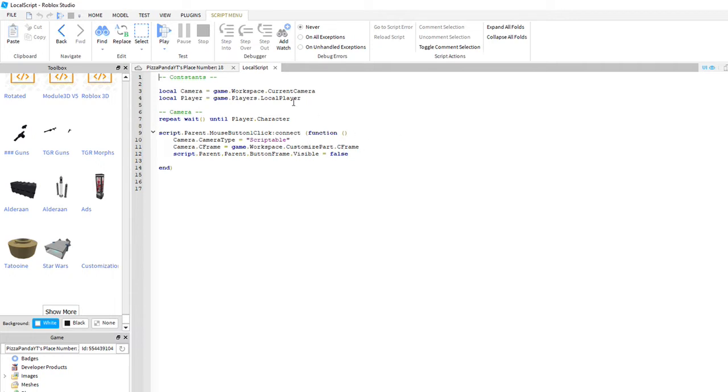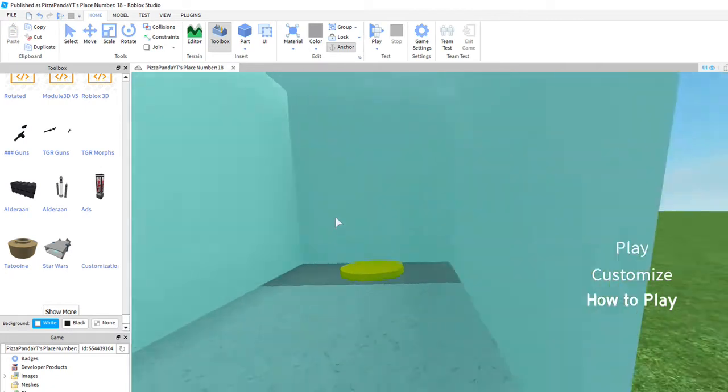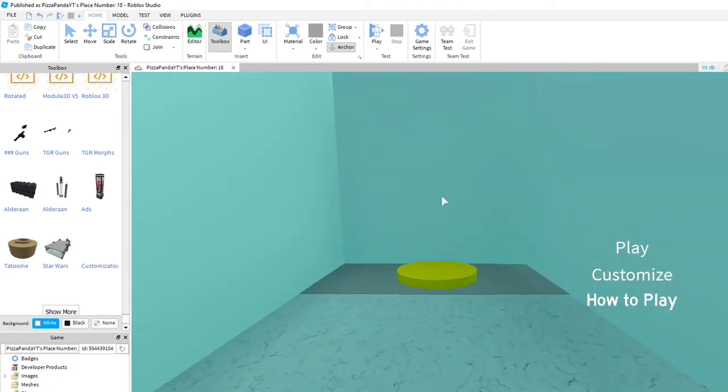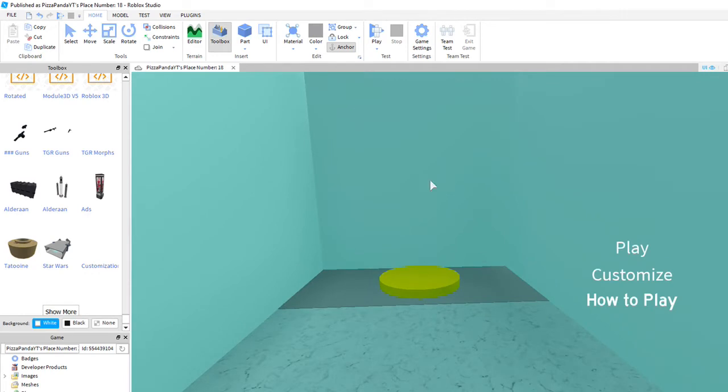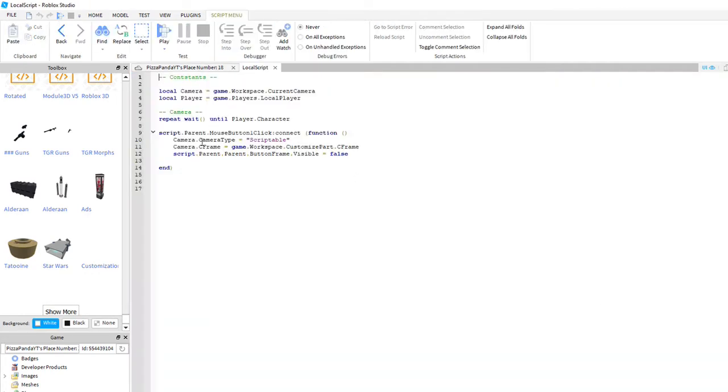So now that we've got the camera working, how to play gone, or, honestly, if you guys just want to keep the play button here, you just want to spawn directly from here, you're welcome to do that too. But character customize can be an option, either one. Or if you want to make it to where you have to do it to spawn, then you can only make the play button visible over here. Anyways, so what we're gonna do is we're gonna